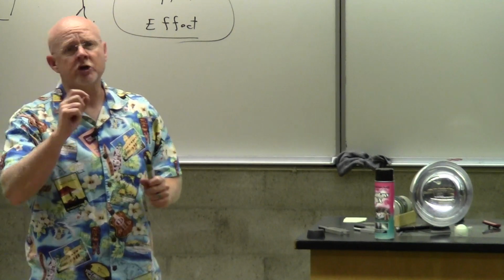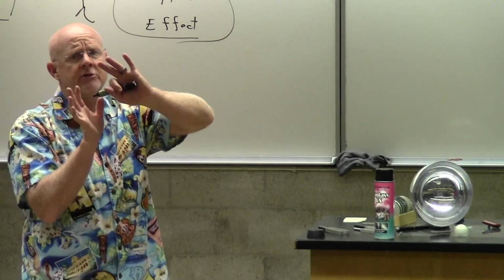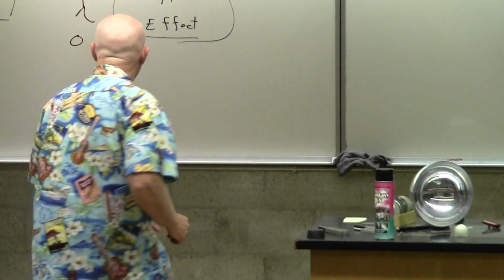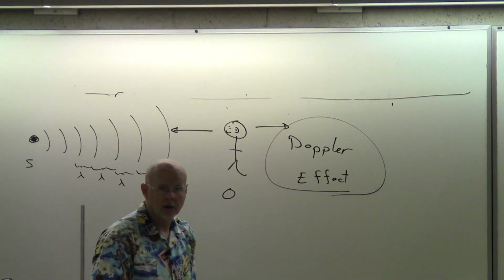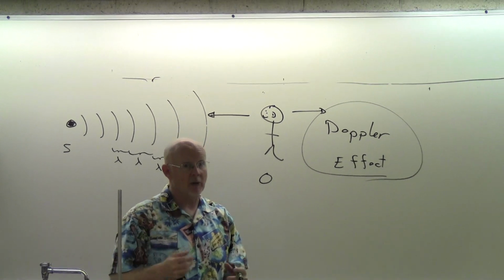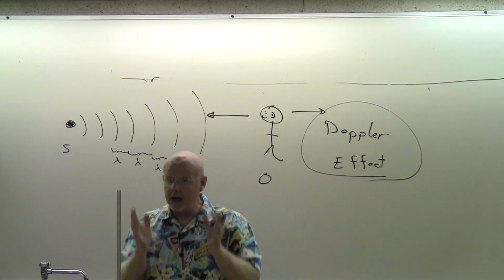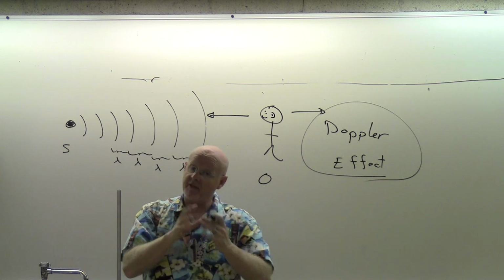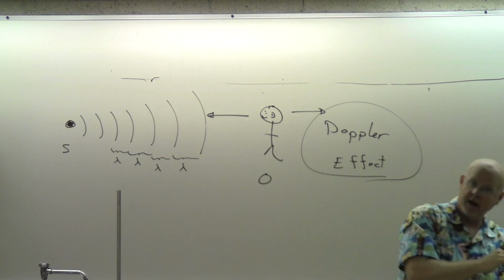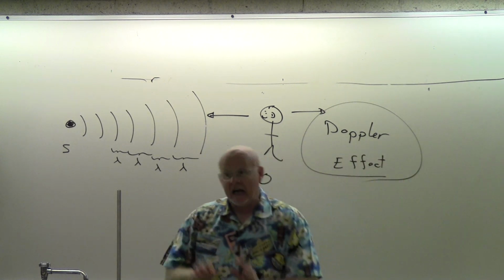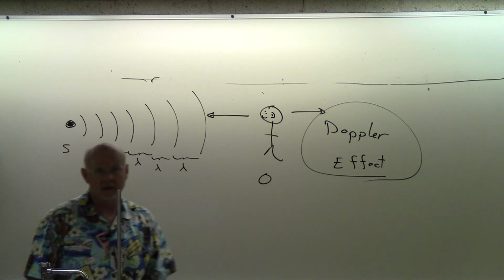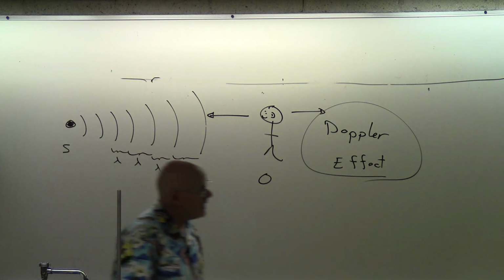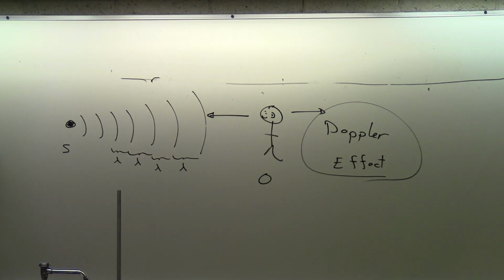In fact, also the reverse. What if I was running the other way? What if I was running away from the source of sound? And so if I was going this way, what would you expect? Well, then less of them would get to me, right? Because if this is the sound over here and I'm standing right here, I would get, coming by me, 1,024. But if I'm moving away from them, it would be less than 1,024. If I'm moving into them, it would be more than 1,024. In fact, we have a really neat animation here that shows this probably better than I can explain it